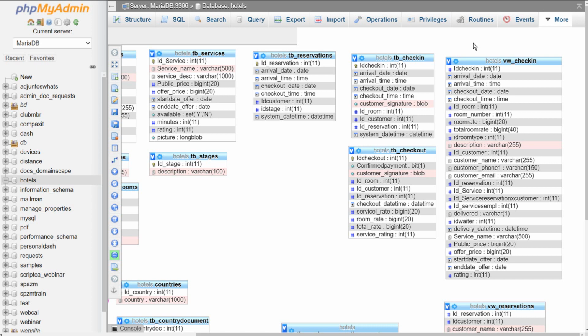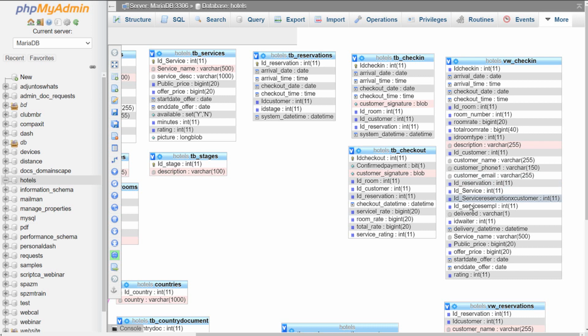So within this view, we are using the arrival date, the arrival time, the checkout date, as well as the checkout time, the room ID, the room number, the room rate, the total room rate, the room type, the description, the customer ID, the customer name, phone number, email, as well as the reservation ID, the service ID,